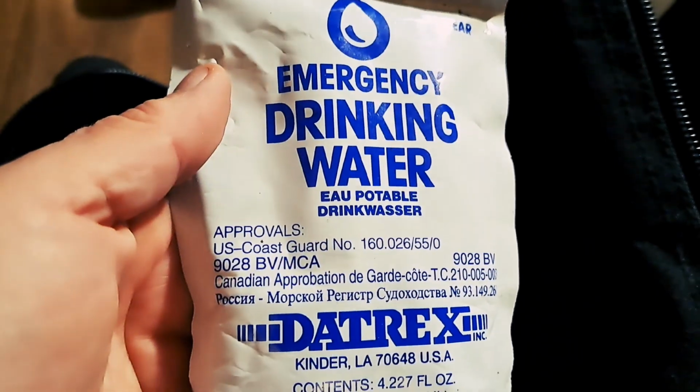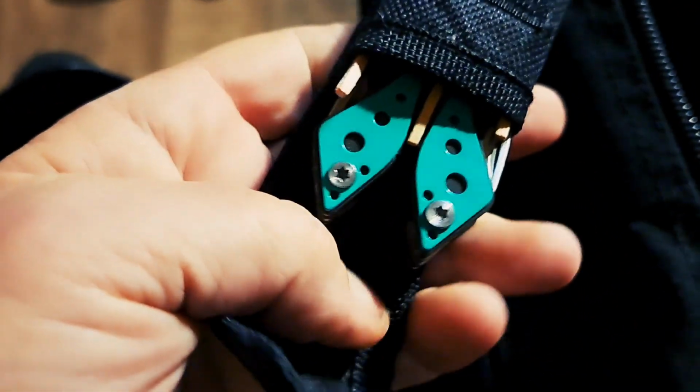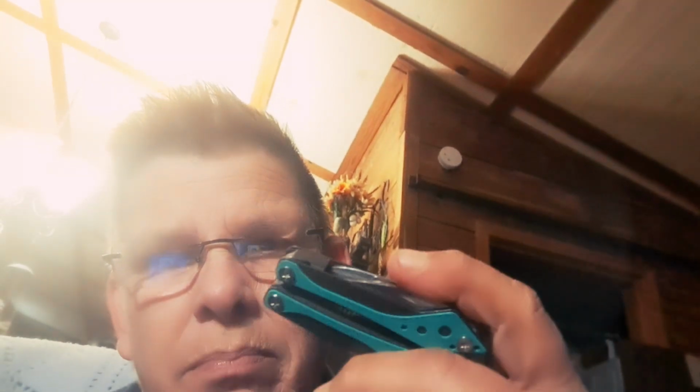So, this is Coast Guard water, and I've always had 2 of them in here, and I'll probably just keep it. Sometimes people go overboard, and they'll buy all different sizes and all different ones of these things. What I say about a multi-tool is that a good brand, a good sturdy multi-tool with the features that you want will go a long way. To have a couple of them, I can understand, but